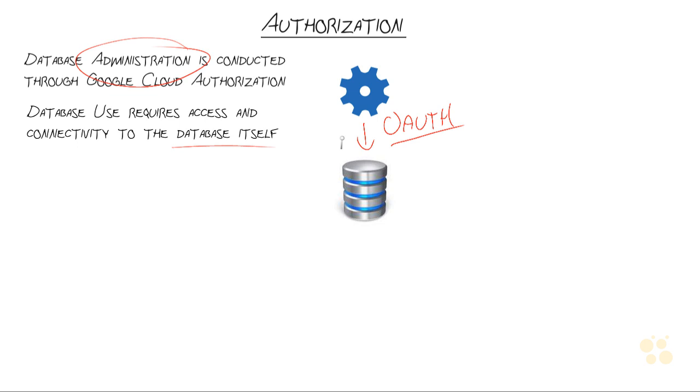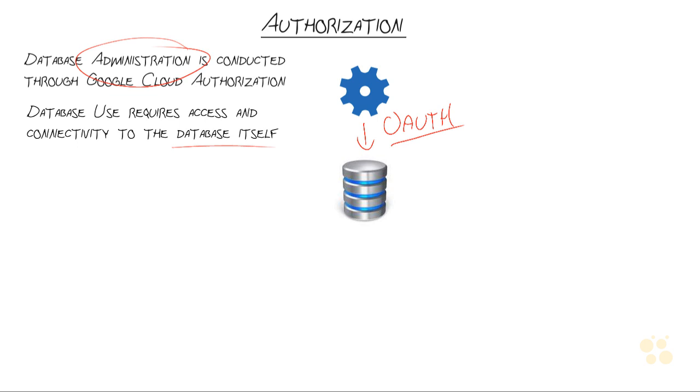We need database users. On top of that, even though we've set up an IPv4 access point, a tunnel into our database from the outside world, the firewall by default blocks all incoming connections anyways. We can't connect to our database even using that IP address. So we need to whitelist external IP addresses that can access our database and set up users that they can